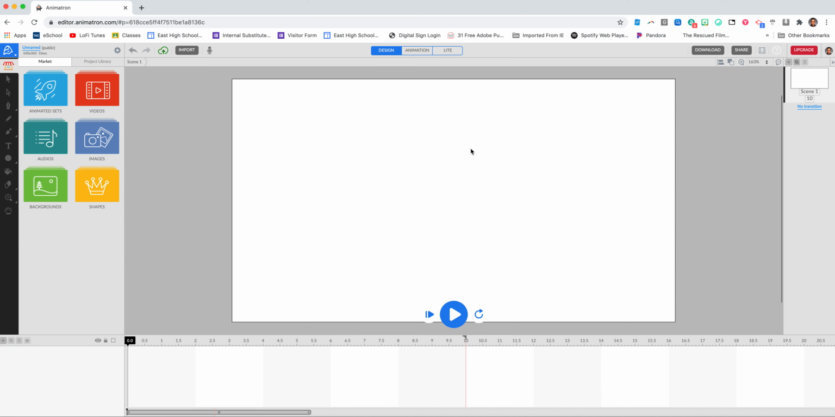Alright, so we've got a fresh screen here, and you can see that they have some stuff available. So just a little tour here. You have your design tab. This is where you add things to your project and position them and maybe resize them, things like that. And then animation is when you start to make things move. So we're going to be going between these two. Light is another mode where it provides pre-created stuff, but you don't have that much control, so we're going to